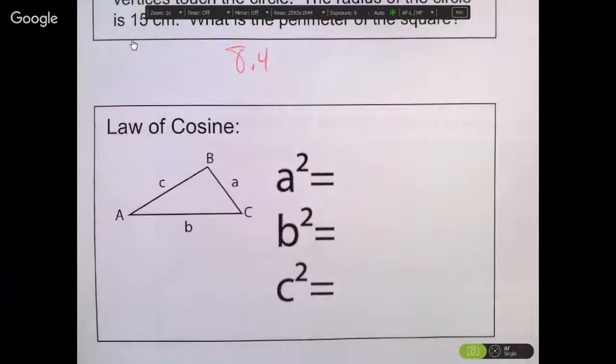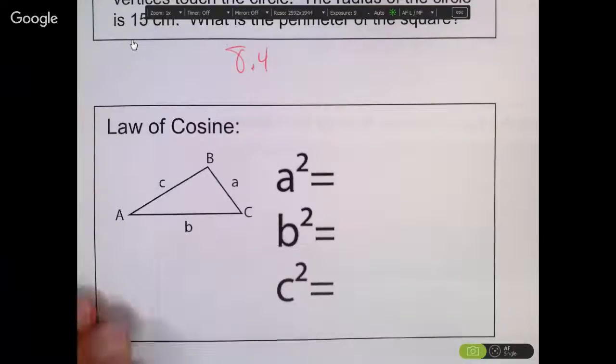So, law of sines or law of cosines. Law of sines is so much easier to remember. It's pretty straightforward. You've got two sides and an angle. Wait, we're switching. I'm just not understanding law of sines. I still don't understand. So, law of cosines says